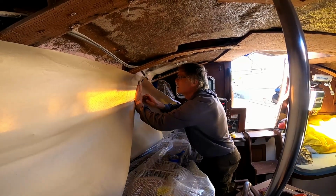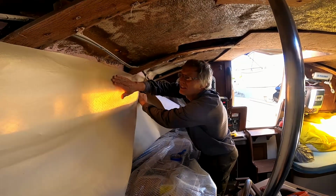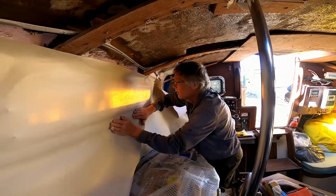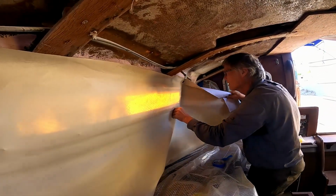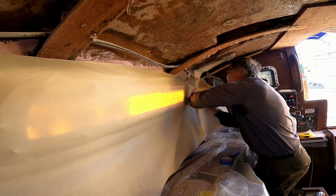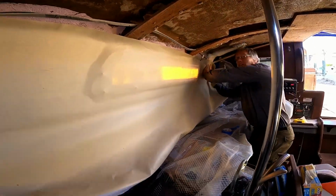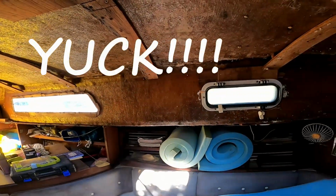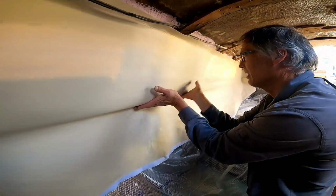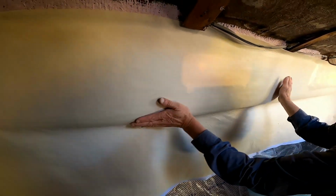I've got a gigantic sheet of vinyl, and we're putting it over the raw fiberglass of the wall. Take a look on the other side to see what we used to have. And we'll work it up underneath. Took a lot of work to